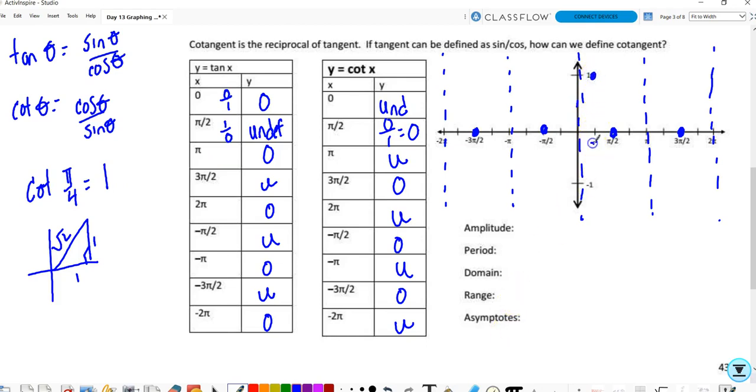So here at pi over 4, I can go 1. Let's see, this is pi over 4. Pi over 2 is 2 pi over 4. So let's figure out 3 pi over 4, which is here. So what is cotangent of 3 pi over 4? That's negative 1 over 1. So we get that point. And now in a similar shape, but decreasing,